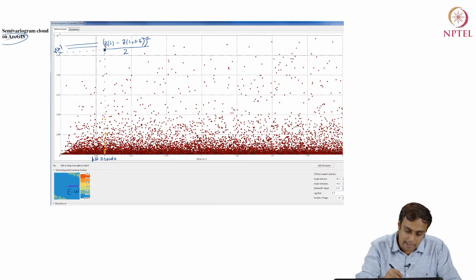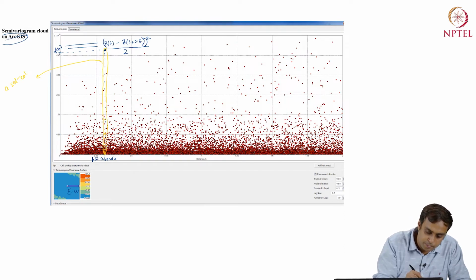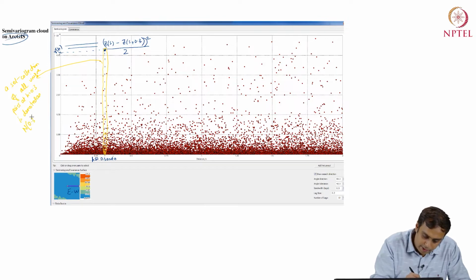So, a bag, a set collection of all unique pairs at h equals 0.3 is denoted as N(0.3), and the modulus of this N(0.3) is nothing but the count of such values.